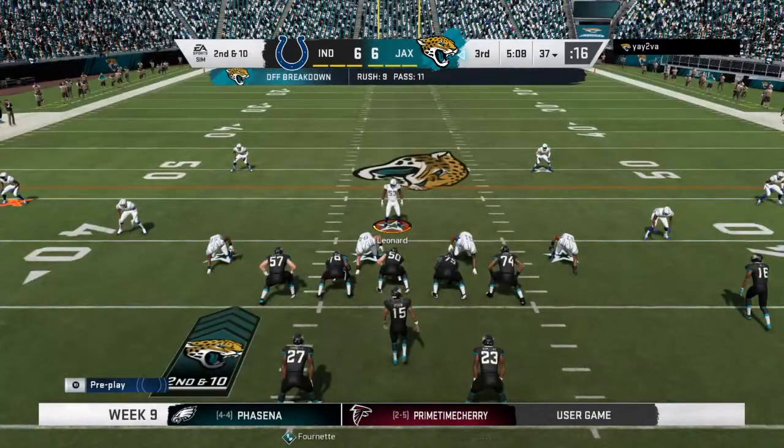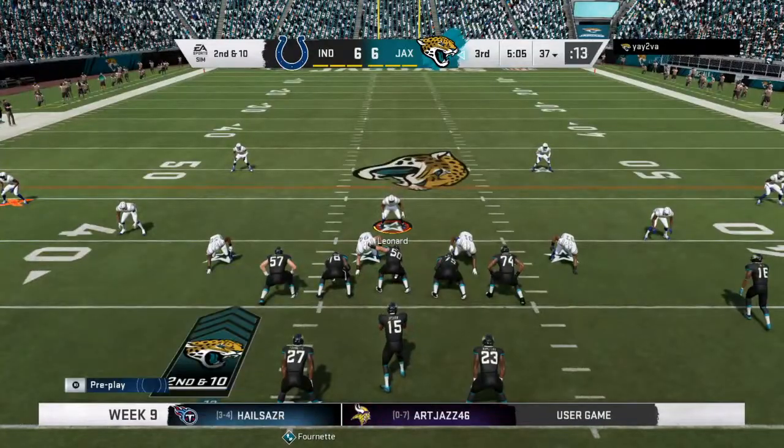18 Gator. Number 53. Mike 53. I got you,